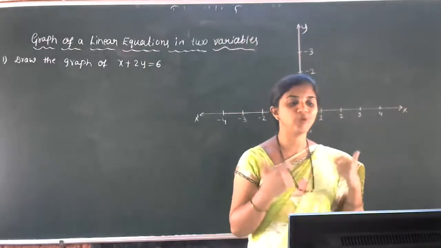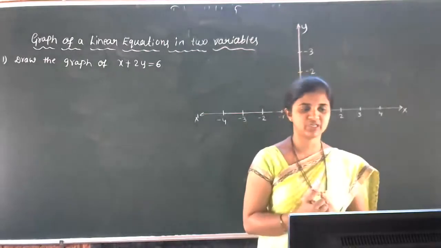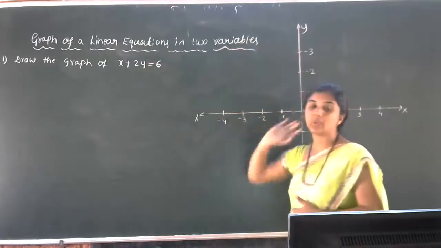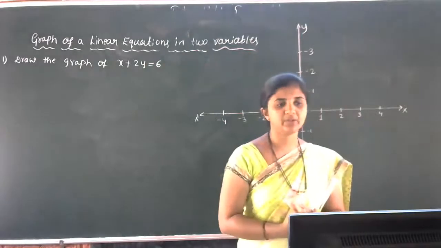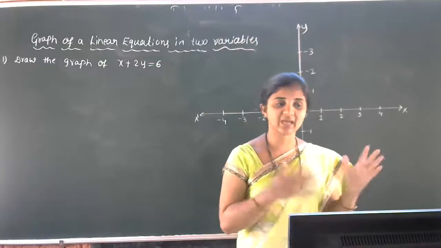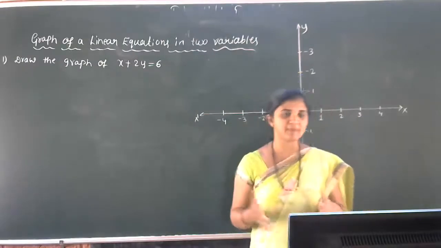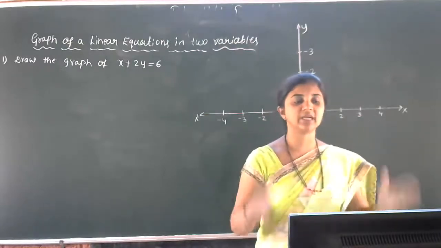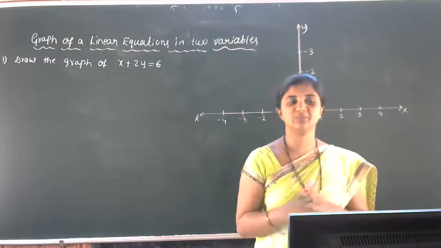Linear equation in two variables. Now we have to discuss the graphical representation of linear equations in two variables. See here, the graph of the linear equations in two variables. Now we have to express that linear equation on graph paper. You all know graphical representation. You learned in the previous classes about graph paper. In the coordinate geometry discussion also, we discussed graph paper, no? X-axis, Y-axis, the coordinate system, Cartesian plane. We all have the idea of that topic.